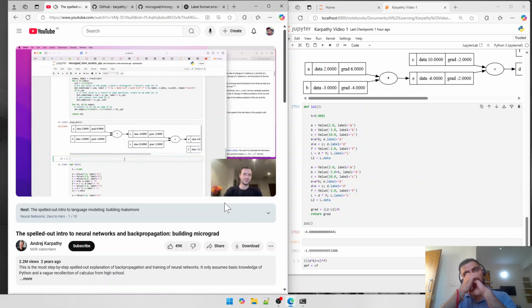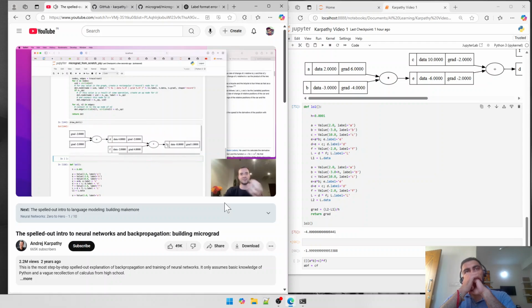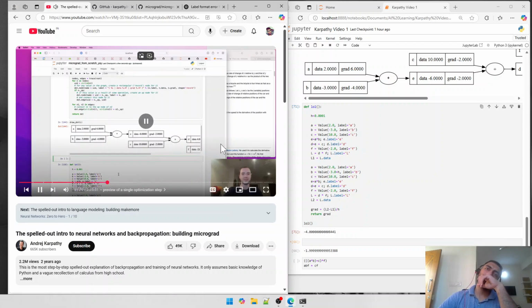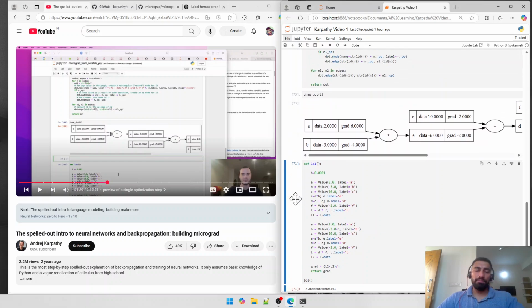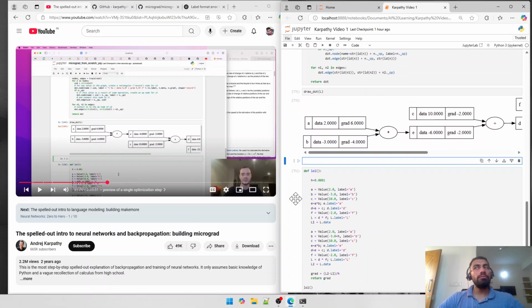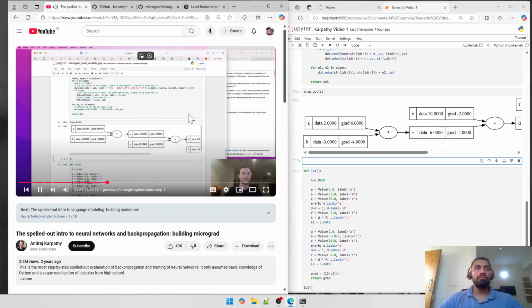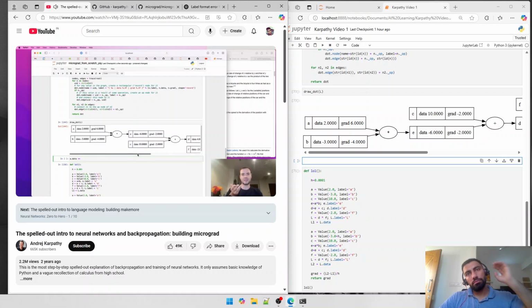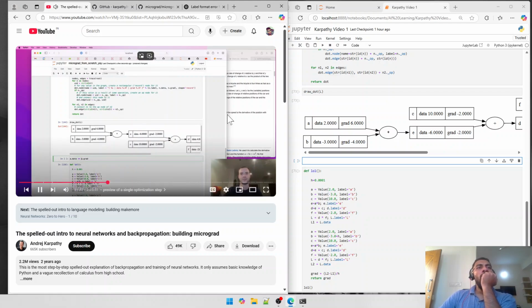Let's see this power in action just very briefly. What we're going to do is nudge our inputs to try to make L go up. So in particular, we want A dot data, we're going to change it. And if we want L to go up, that means we just have to go in the direction of the gradient. So A should increase in the direction of gradient by some small step amount. This is the step size. And we don't just want this